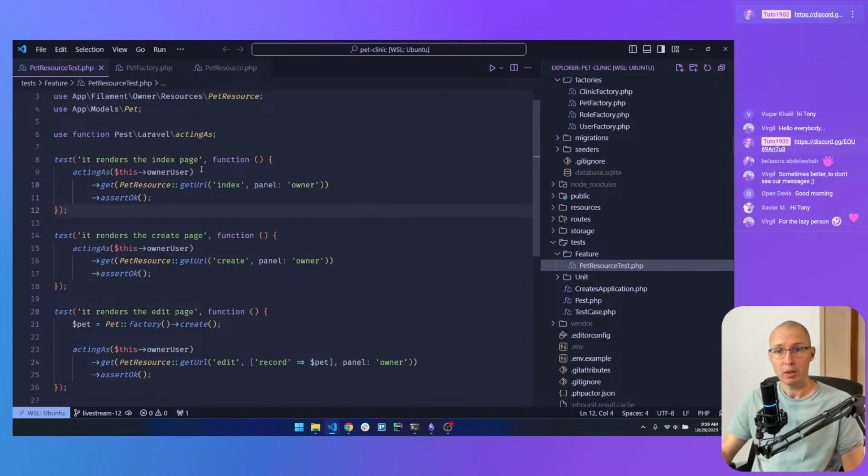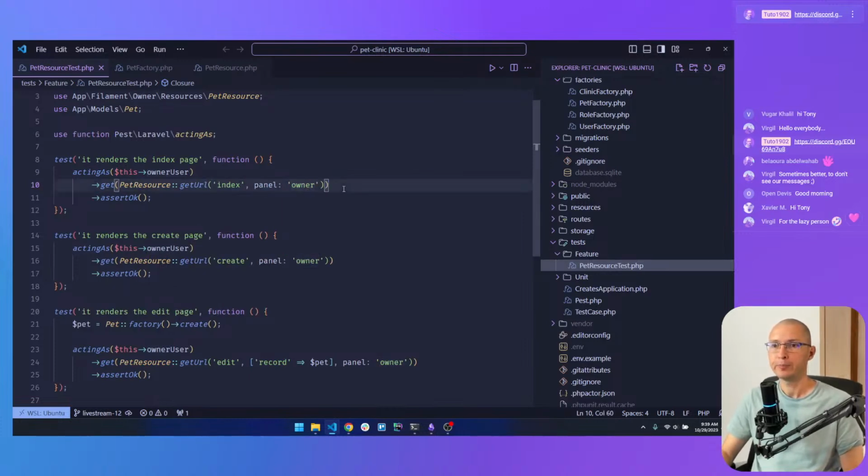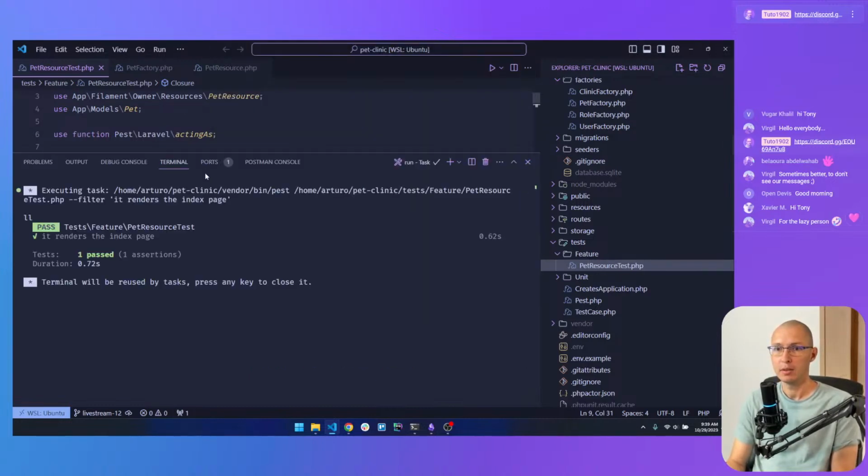So if you're working with a different panel, even though you are using the resource class on the owners for the owner panel, apparently Filament doesn't know that, and you have to specifically tell Filament to give you the URL for the owners panel, and you pass the panel ID as the second parameter. And once you do that,